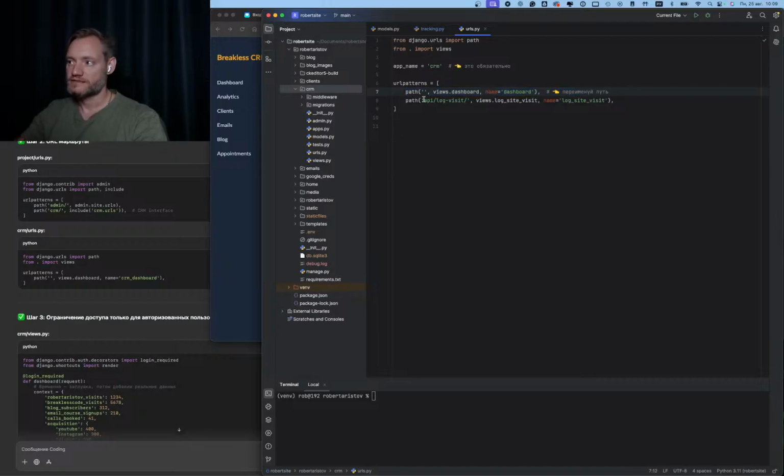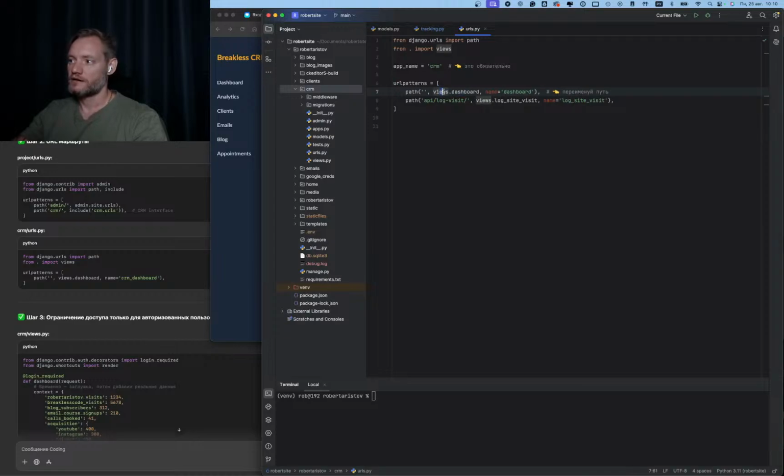This one means that when in the browser the path looks like CRM and nothing else, like robertarostov.com/CRM and nothing else, this application has to open